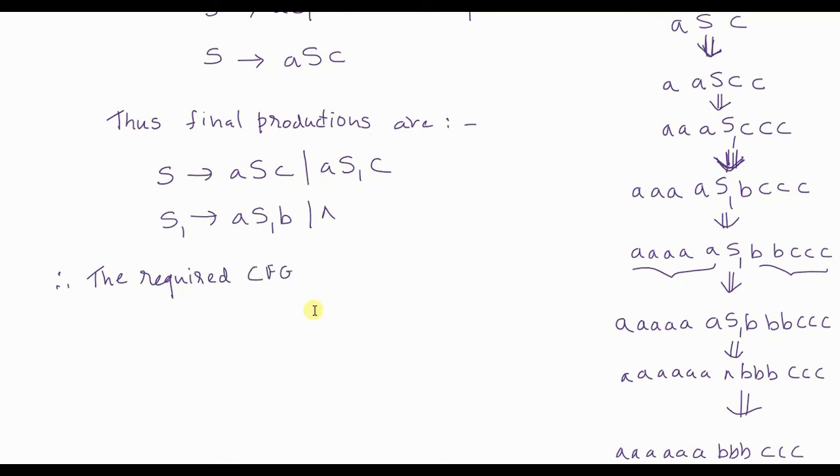Okay, and finally we write, therefore the required CFG is G equal to, now tell me how many variables, non-terminals, are there. There are two non-terminals now, S and S1. So capital S and capital S1, these are the non-terminals. Okay, V, terminals: you have A, you have B and you have C. So small case letters A, B and C.